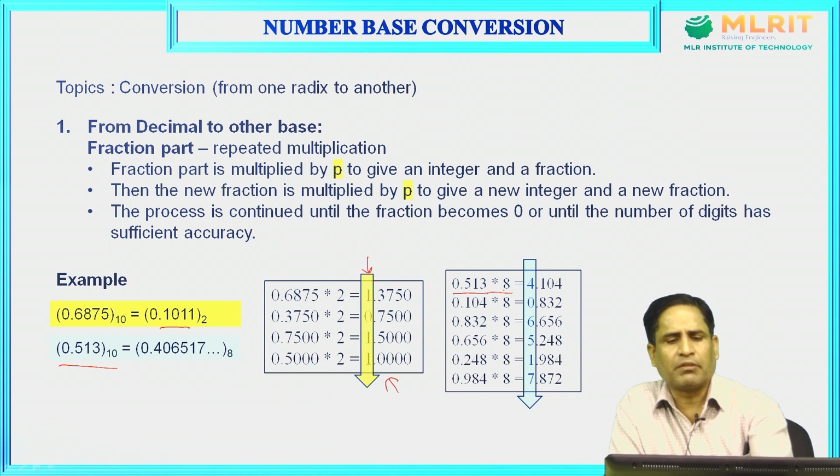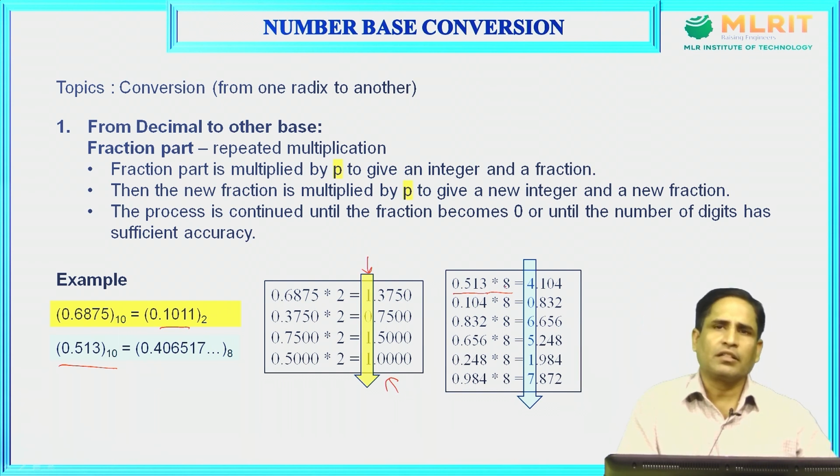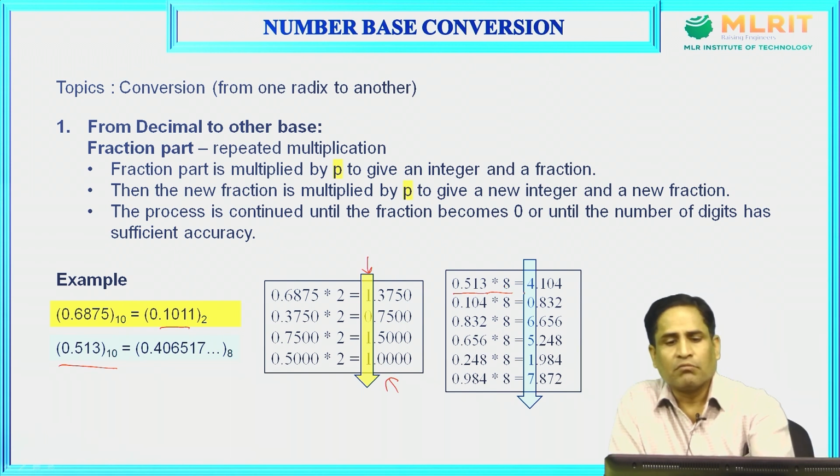We are going to multiply with 8. Why 8? Because that's the destination base. In that octal number system we have to convert this number. We got the number 4.104. Again we will take the fractional part 0.104 multiplied by 8. We got 0.832. We will again take this one, multiply by 8 and repeat the process up to 4-5 steps, and that's the answer,